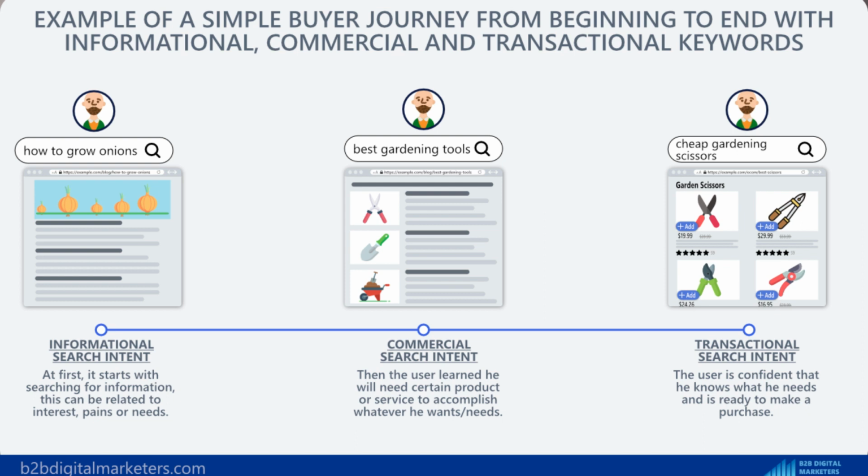In summary, informational keywords are used by users who are looking for general information about a topic, while transactional keywords are used by users who are looking to make a purchase. The type of content that appears in search results for informational keywords is generally educational and designed to provide users with general information and knowledge, while the type of content that appears in search results for transactional keywords is more commercial and designed to help users make a